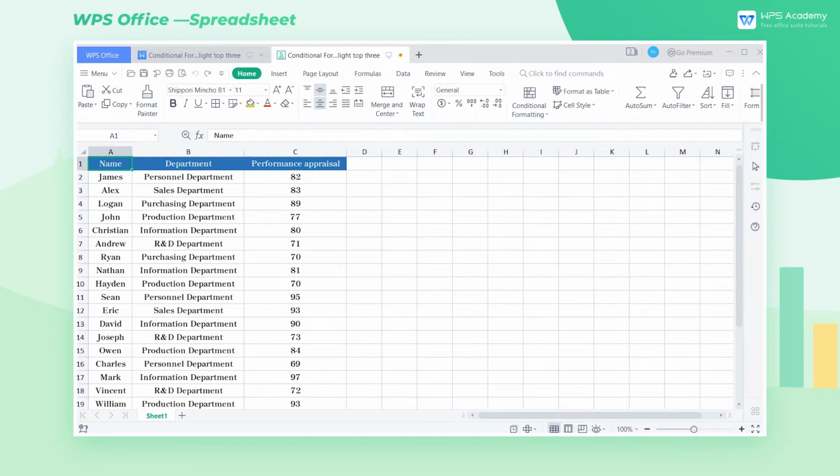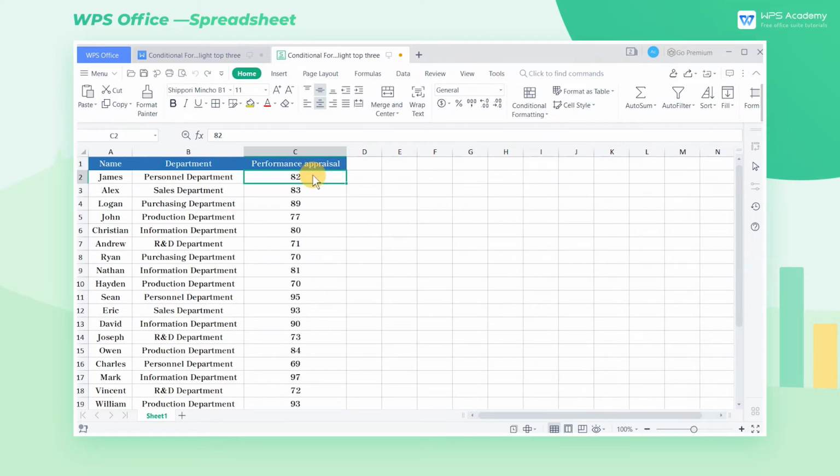The conditional formatting function can format the cells fulfilling specific conditions. With this function, we can quickly compare data in a worksheet. The worksheet in this example records the performance of staff. What if we want to highlight the top 3 performances? When there is a large amount of data, conditional formatting can quickly filter the first 3 maximums.